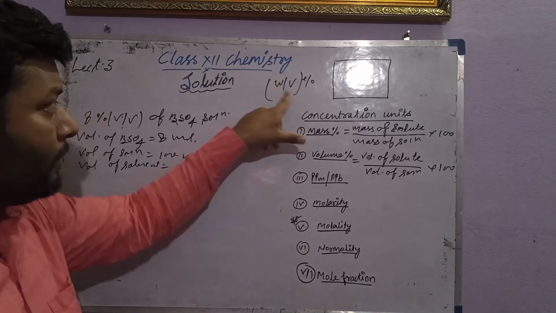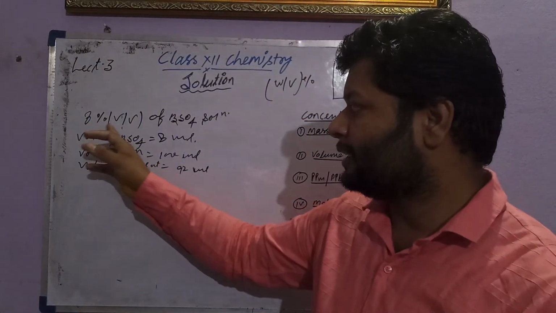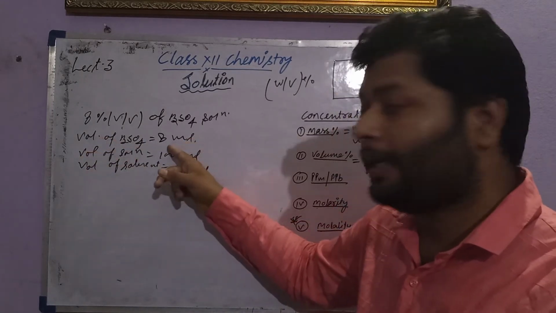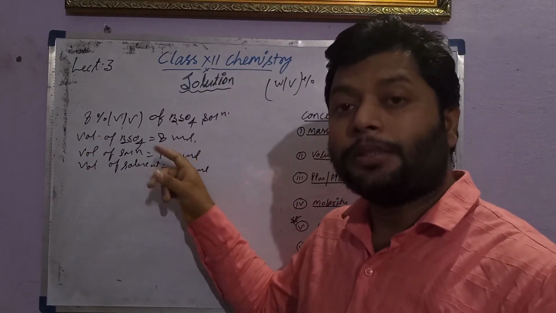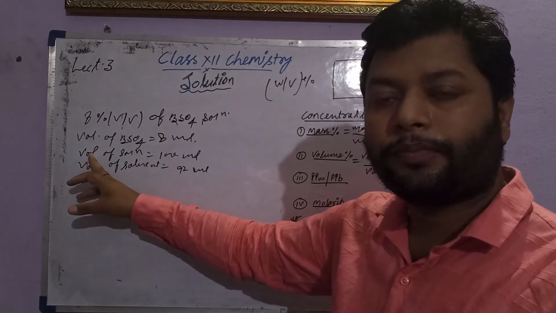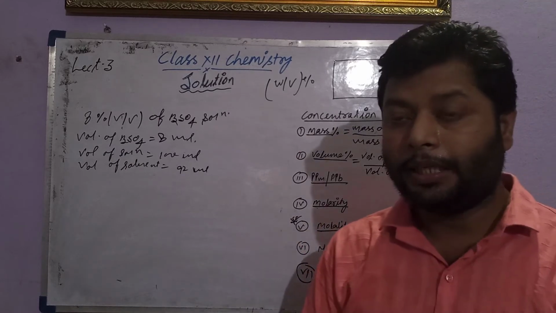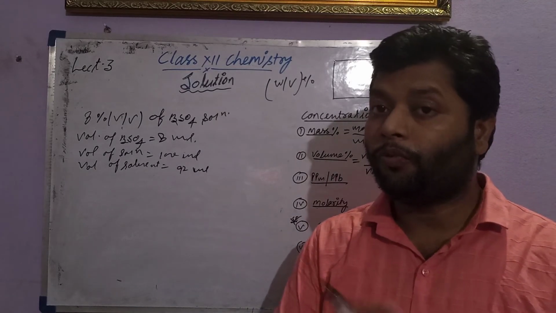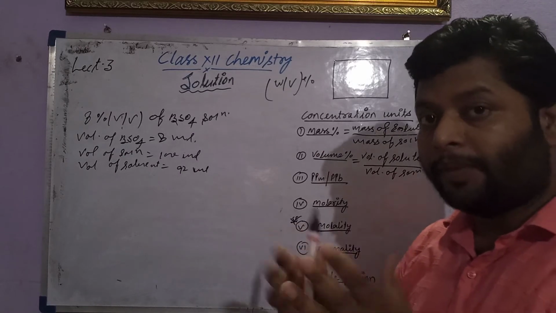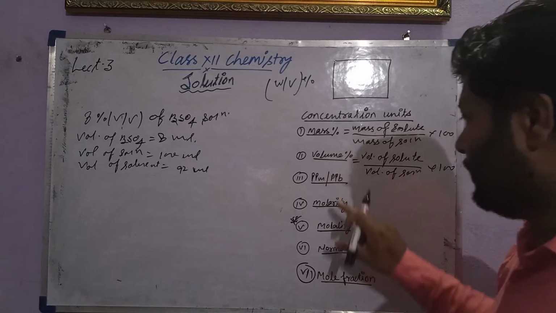If there is a mass upon volume given, then suppose the same thing is given, mass upon volume, indicating solute will be 8 gram, solute will be in a mass and solution will be in a volume. Mass by volume means solute will be in a mass and solution will be in a volume. So you can get easily what is the difference between them depending upon what type of terms is there.